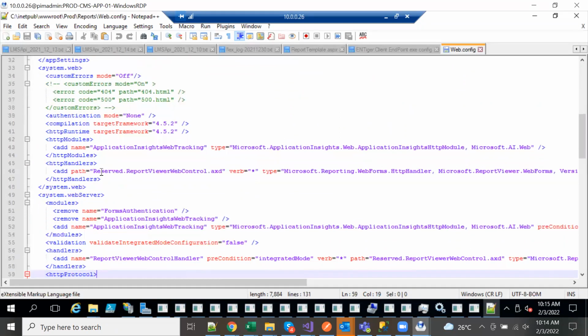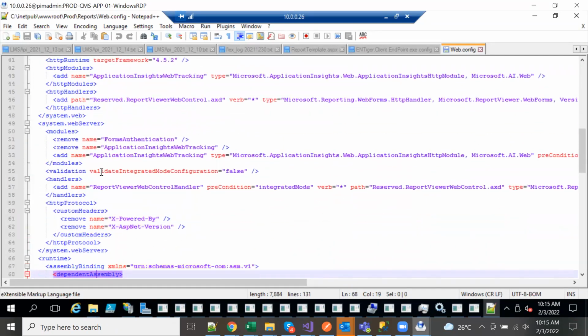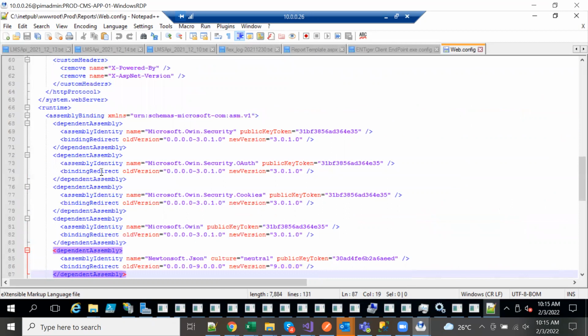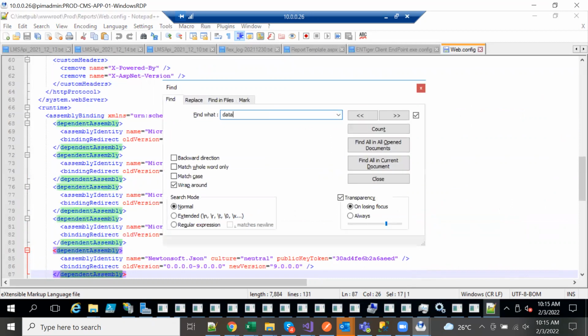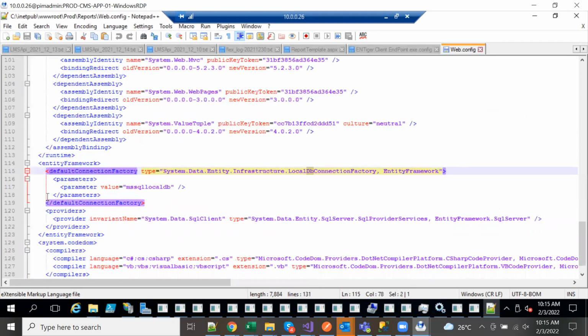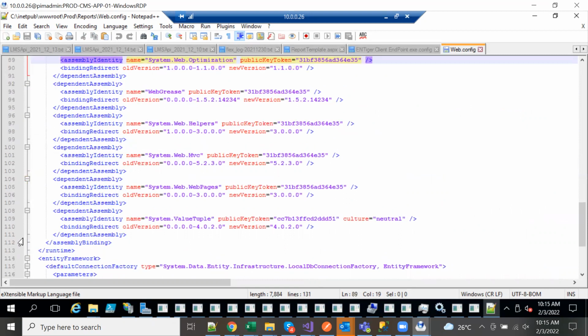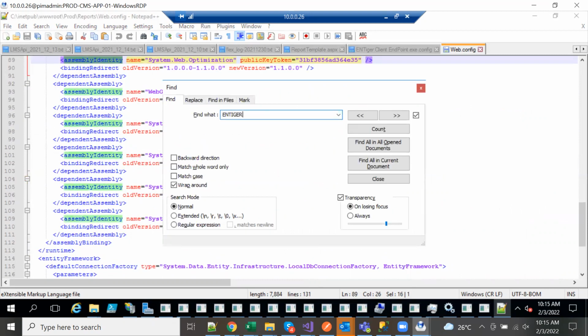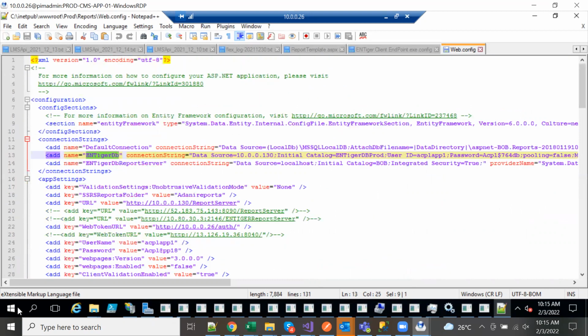And then we are looking for the database connection inside this. Yeah, so the database connection, it says this is the database and this is your initial catalog, user ID, password, and all of that.